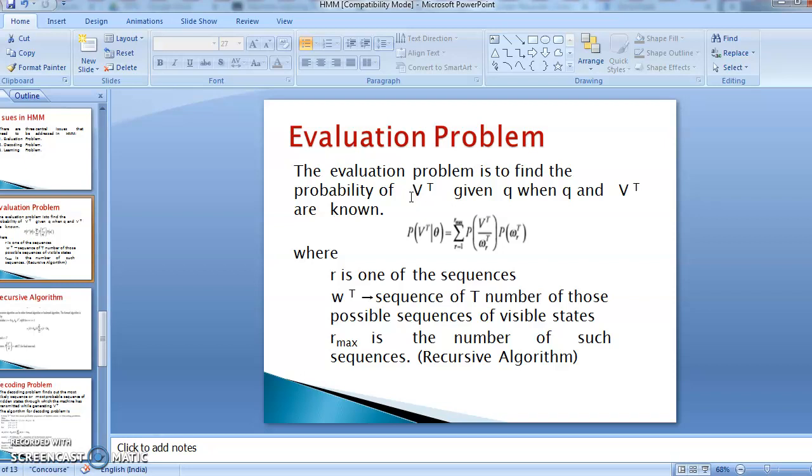Generally there are many observation sequences. So the normal question is how we can select between different models, so that for whatever sequences are there, we get the maximum probability, which will give the better result. How can we select such a model so that our output, that is the visible state or emission probability, will be higher? That problem is called the evaluation problem.